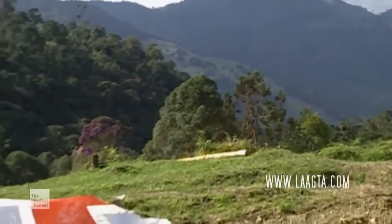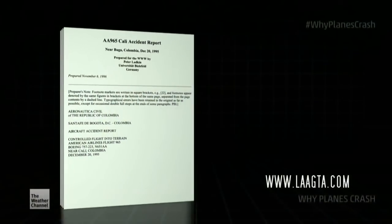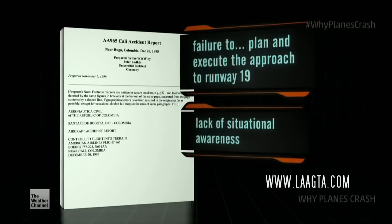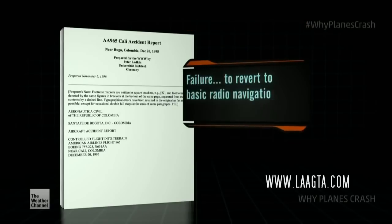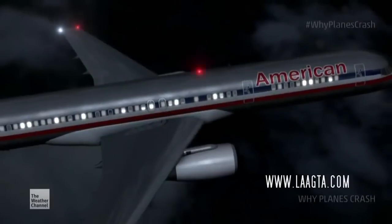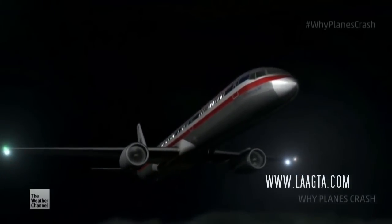Had they typed in ROZO, that waypoint would have come up, but they didn't know that, and that was one of the lessons learned coming out of this accident. Colombia's Civil Aviation Authority releases its final report in September 1996 and finds probable cause was primarily pilot error. The flight crew didn't adequately plan and execute their approach and lacked situational awareness. And they didn't revert to basic radio navigation when computer navigation became confusing in a critical phase of the flight. Colombian investigators also cite the crew's failure to retract the speed brakes, which prevented Flight 965 from gaining enough altitude during its escape